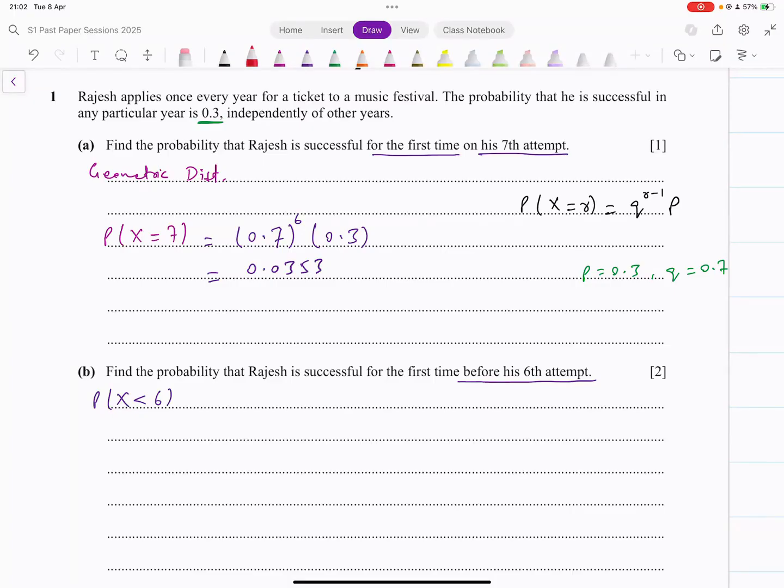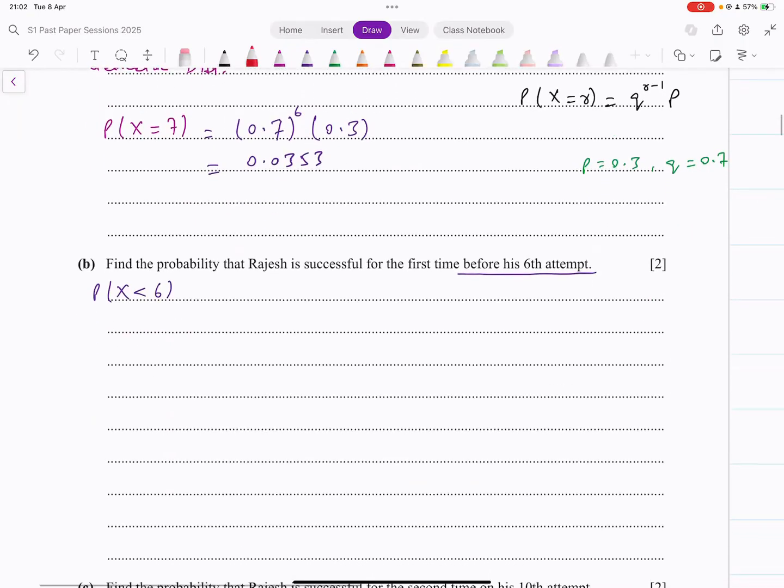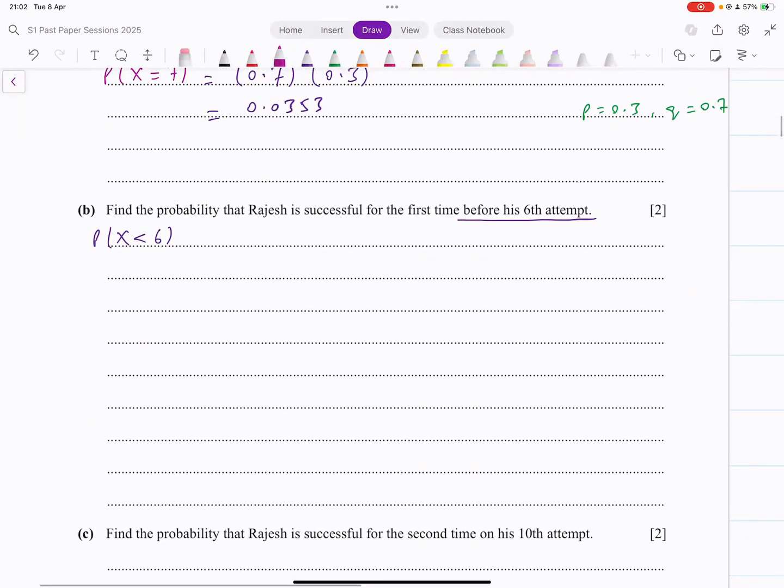Now, it's a geometric distribution. For a geometric distribution, we have a formula for inequalities as well. And that's this. This is what you need to remember. You should memorize this. There's a logic behind it, but can't go into that right now. Probability of x greater than r equals q raised to power r. Okay. You need to remember this formula. This formula is not given in the formula sheet. For a geometric distribution, probability that x is greater than r is equal to q raised to power r. We will remember this formula.